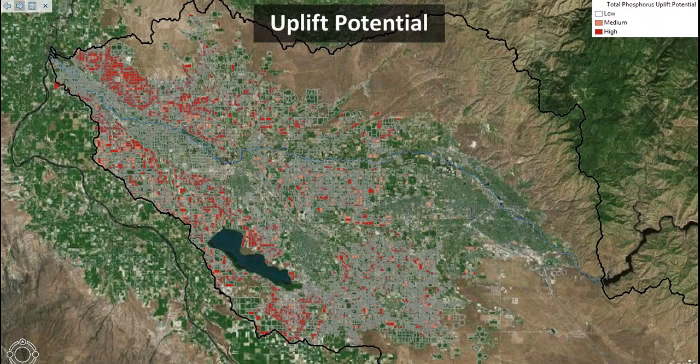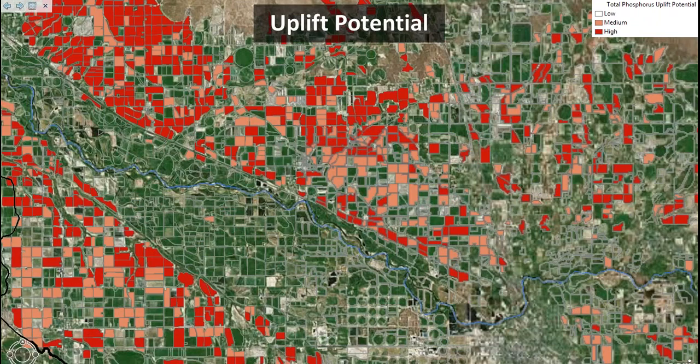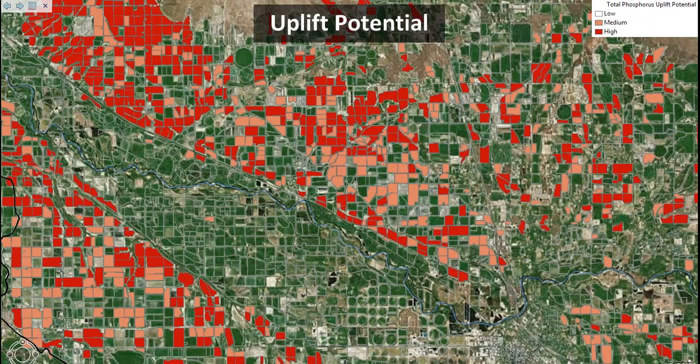And that allows us to figure out where we want to go and interact with the landowner. We refer to it as uplift, so that's the environmental benefit associated with the management practice. And you can see your darker colors are your high potential, so where you can see the most reduction in total phosphorus associated with an individual practice or on an individual field. And if we select a single field, I'll just give you an example when we zoom in here,